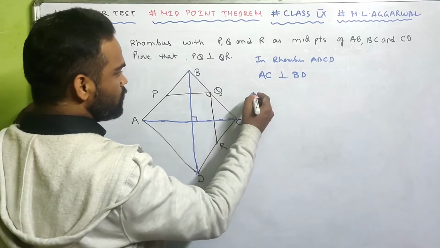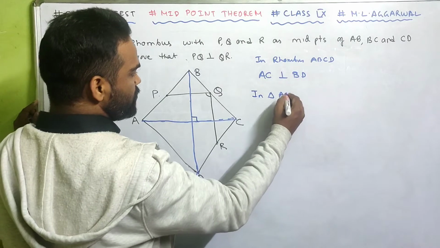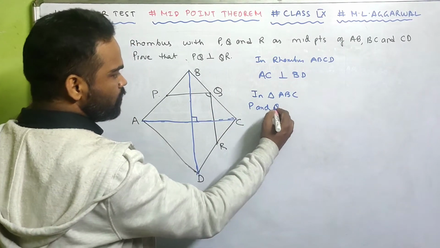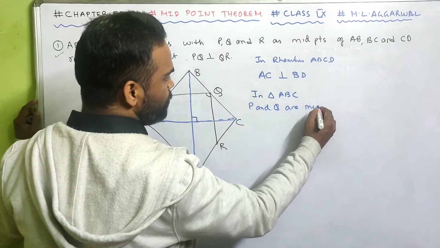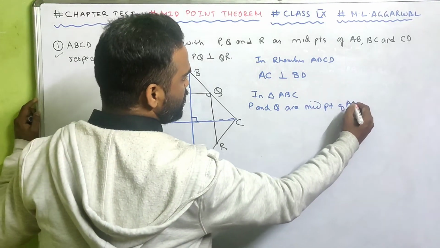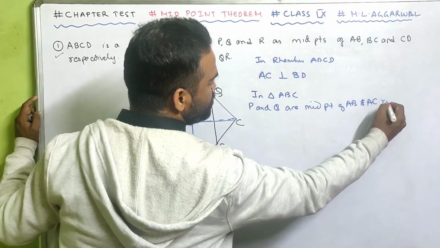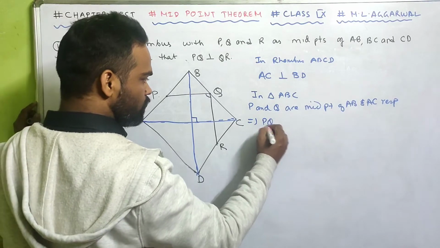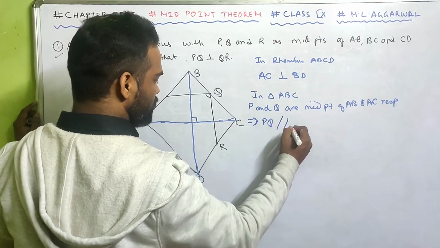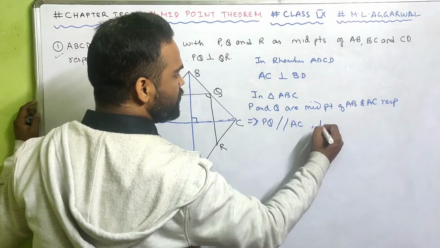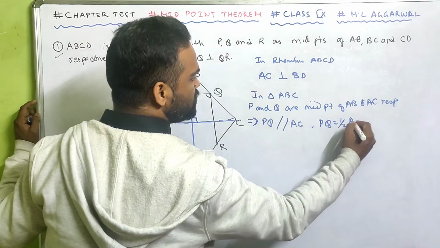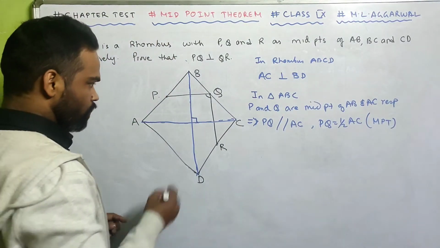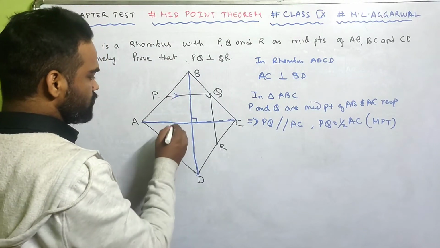P and Q in triangle ABC. Look carefully. In this triangle, P and Q are midpoints of AB and BC respectively, which means by midpoint theorem PQ is parallel to AC and PQ is half of AC. That is my midpoint theorem. Yes or no? So we got that this PQ is parallel to